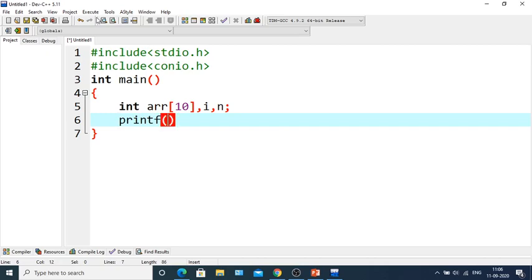So printf, \n, enter the number of elements in array.